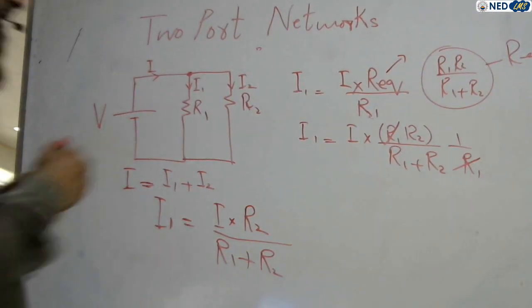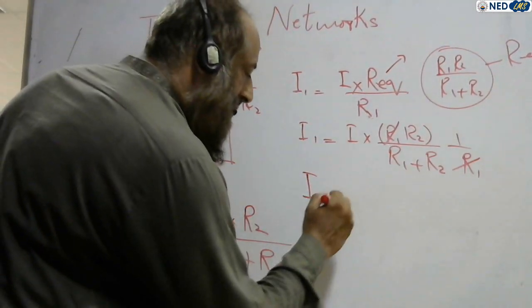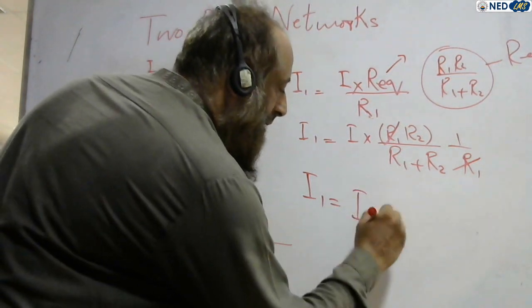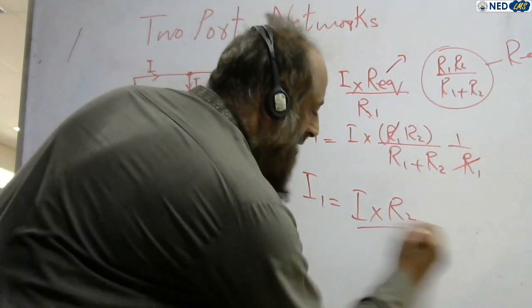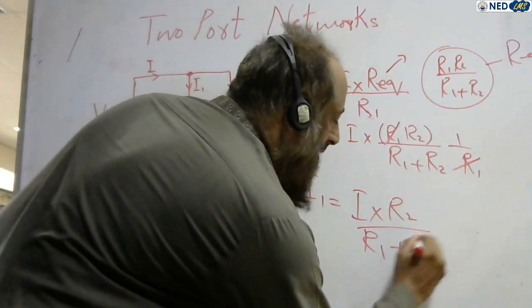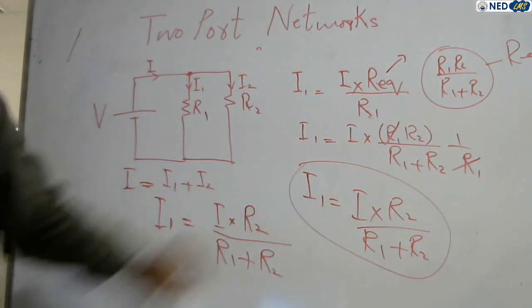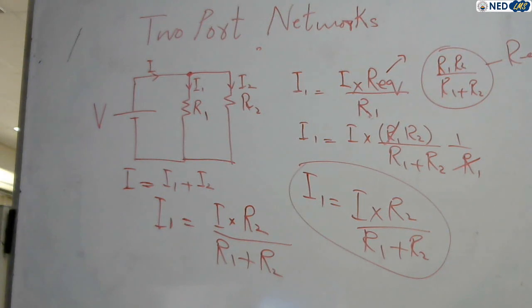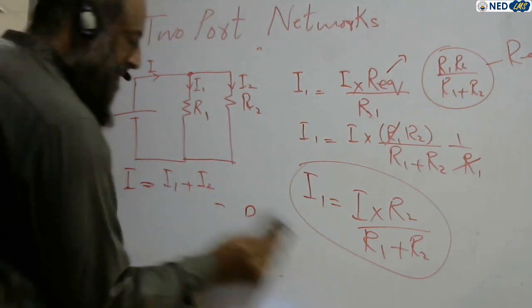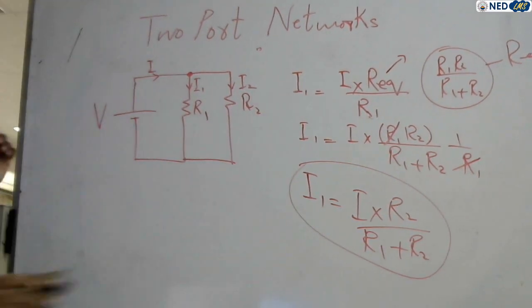What is I1? The same which we wrote earlier, that is total current times R2 over R1 plus R2. We wrote earlier, right? This current. So from this, it is concluded that for the nth branch current, for example, there are several branches,